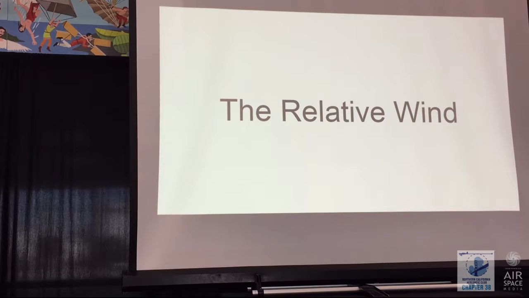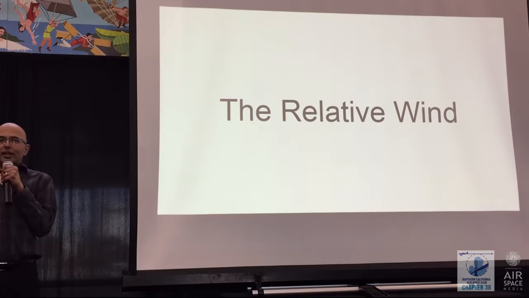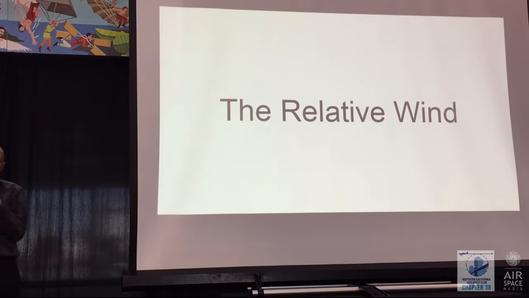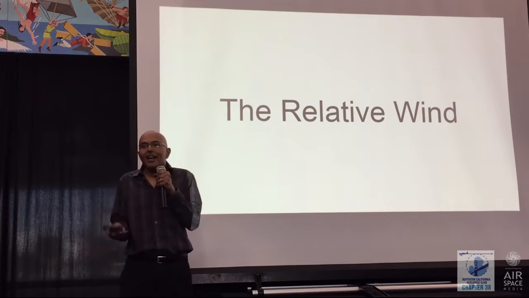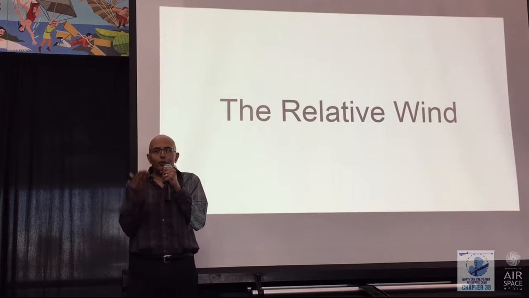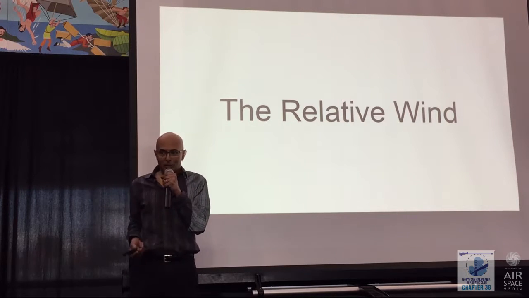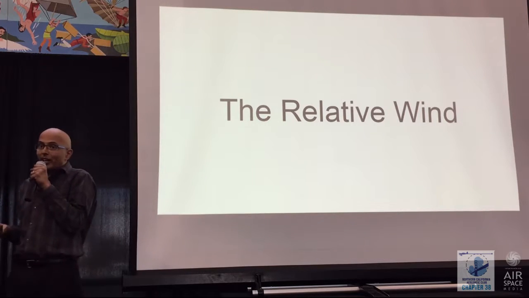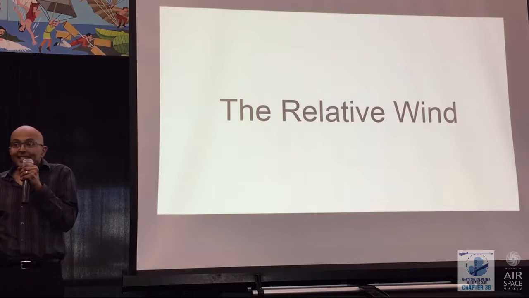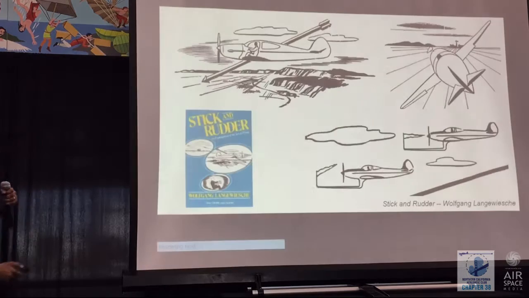The relative wind is what you feel if you're driving along in a car and you stick your head out of the window and you hang out your tongue. If you happen to be a dog, that's very common. For most of us, we don't do the hang out our tongue part, but that is the relative wind. It's the wind that you feel if you imagine yourself stationary in the airplane and the wind is coming at you. And because we're pilots, we like to consider that point of view because it's much easier than thinking about ourselves zooming through the air. They're equivalent.